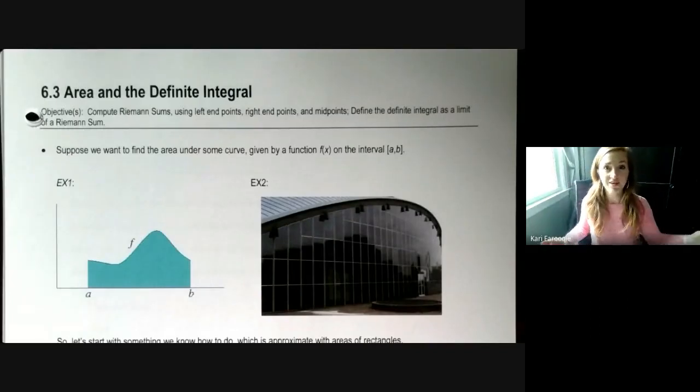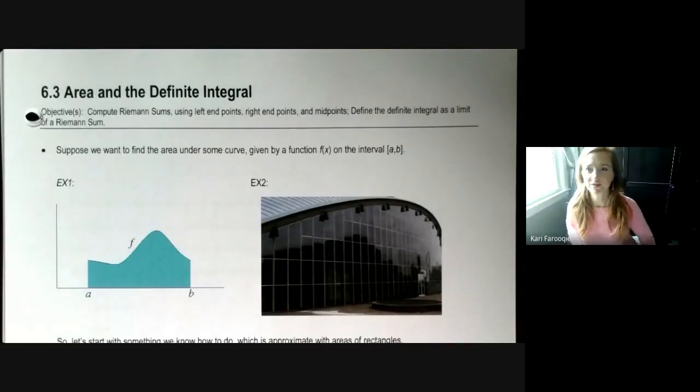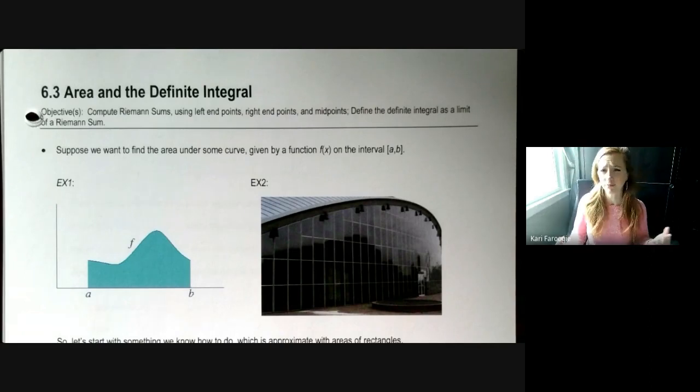Today we're going to be talking about definite integrals. It's kind of weird. What I'm doing is I'm just going to talk about two different sections. The first one, we're basically just going to give an overview of. I just want to talk about what a definite integral is, but there is a lot of work to be